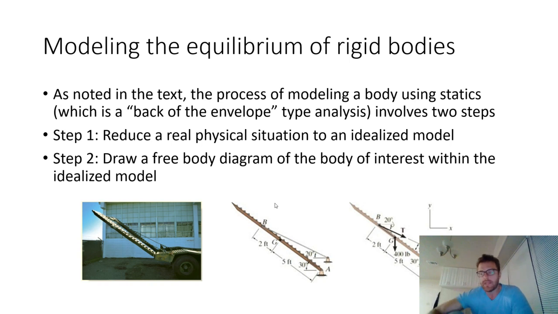The way that we're able to determine that is we replace the support structures with what are known as reaction forces. And the reaction forces that represent a particular support structure depend upon the type of motion that it can oppose. So if we look at the support system here, in this type of bed lift system, it's pretty obvious that one way we could model the reaction force applied at point A is something that only has the capability to overcome translation, because we want it to be able to rotate about that point in order for the bed to go up